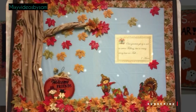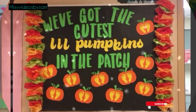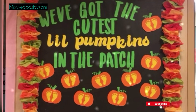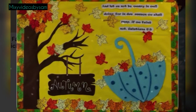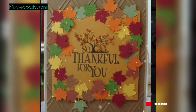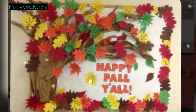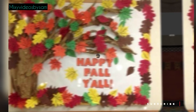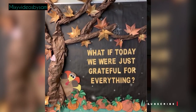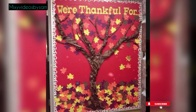Furthermore, the fall theme promotes language and literacy development. Teachers can incorporate fall theme vocabulary words such as autumn, harvest, and pumpkin into their lessons. Bulletin boards can feature word walls where children can practice letter recognition, spelling, and expanding their vocabulary. This exposure to fall related words and concepts helps strengthen their language skills and foster a love for reading and writing. So, if you are looking to create a captivating and educational environment in your preschool classroom, the fall theme